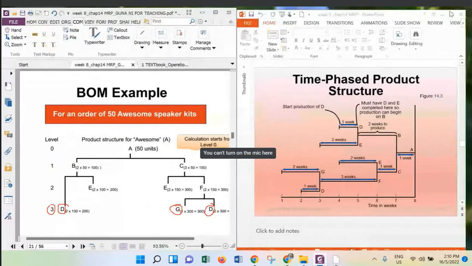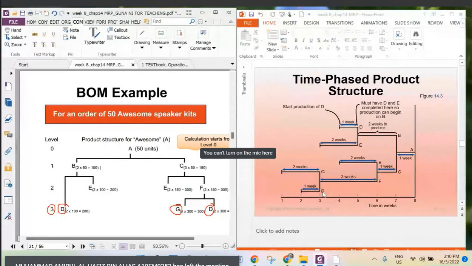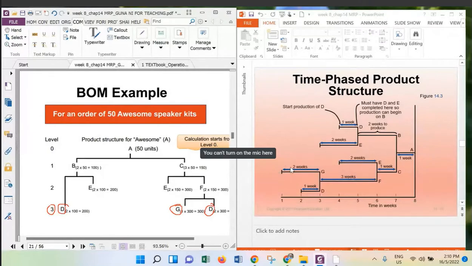But if you see in a time phase product structure, it takes 1 week to complete product D and it takes 2 weeks for product G. So this time, 2 weeks for G, 1 week for D, 2 weeks for